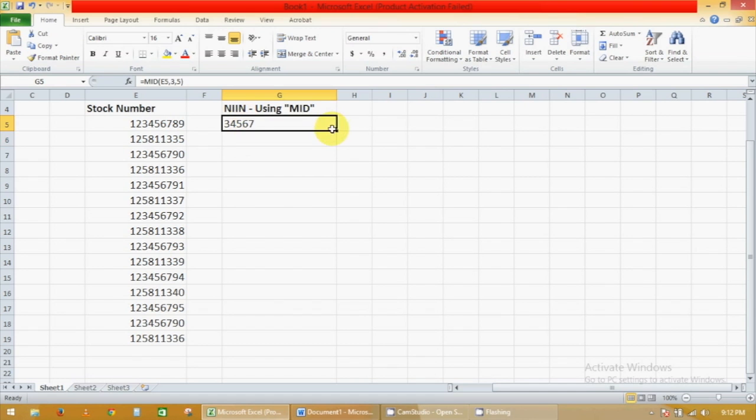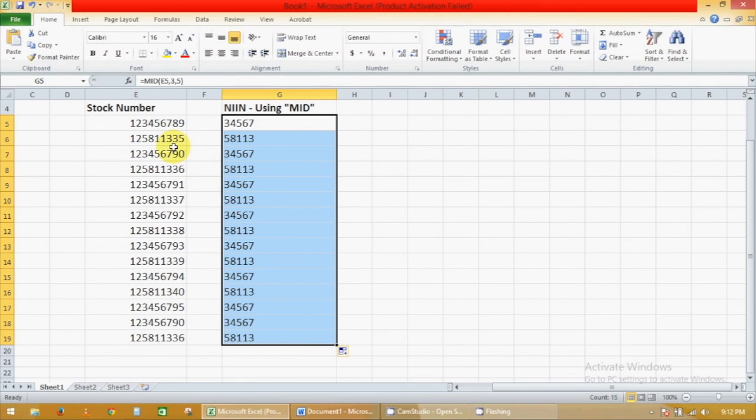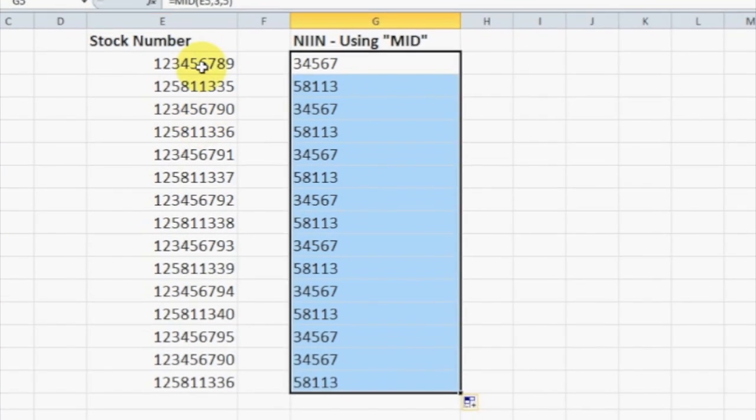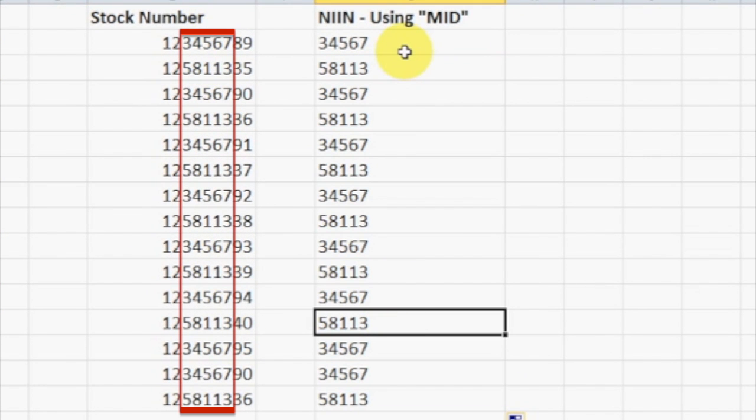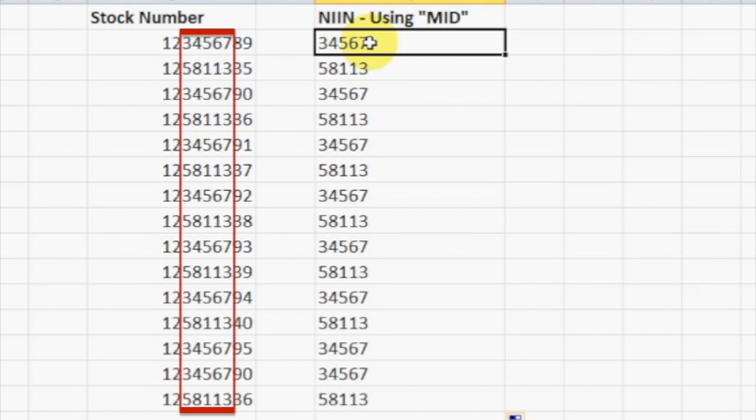You want to run that down the whole column to mirror the matching column in E, and that's how you use the MID function. You can also use the MID function as if it wasn't middle, but it was left